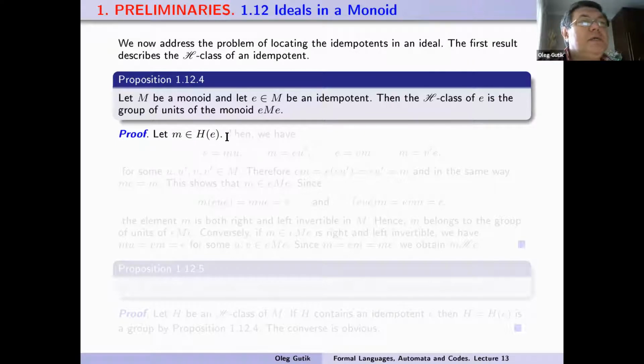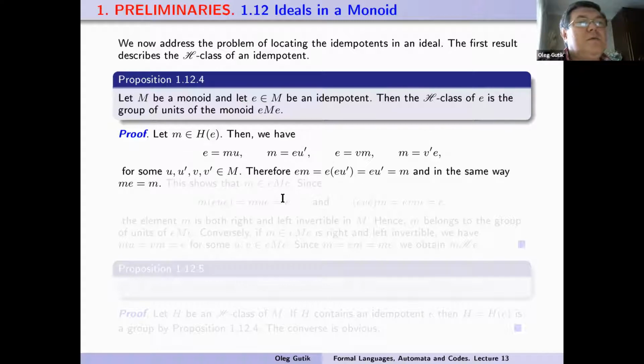Let m belong to the H class of idempotent e. Then we have that e = mu, m = eu', e = vm, m = v'e for some elements u', v' from the monoid M. Therefore, we get that em = e·eu' = eu' = m. And in the same way, we get that m·e = m. This shows that m